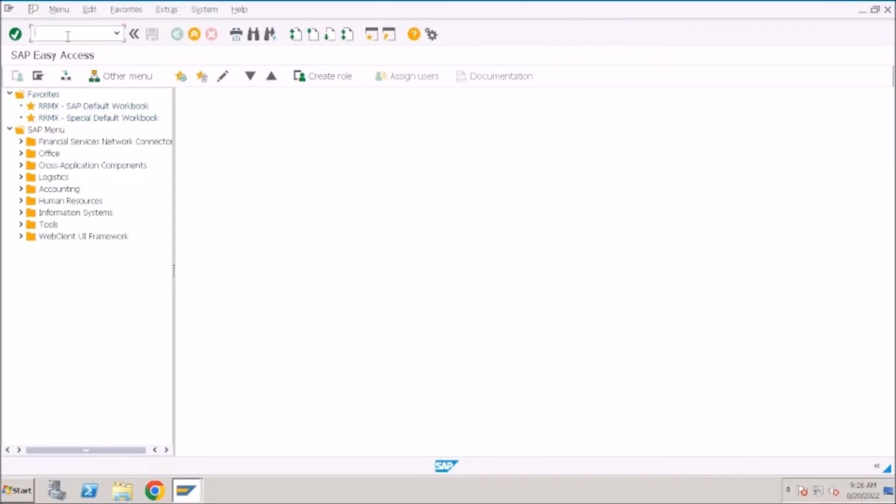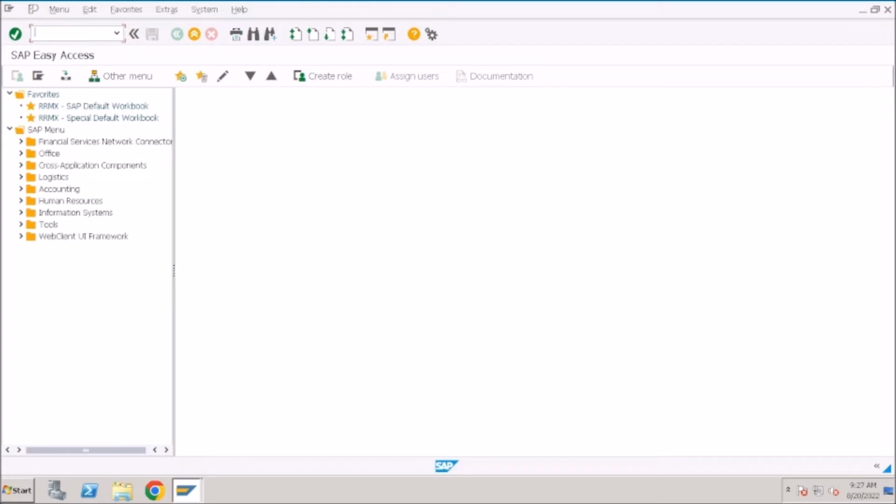In this session, we'll work on message classes. What is a message class? Using a message class, we can reuse the messages. As of now, we have seen how to raise a message whenever there is an issue in the selection screen and whenever there is no proper data. We know how to raise a message using the